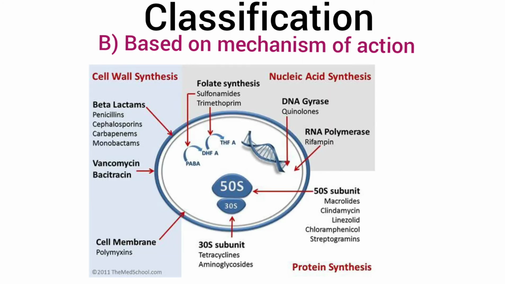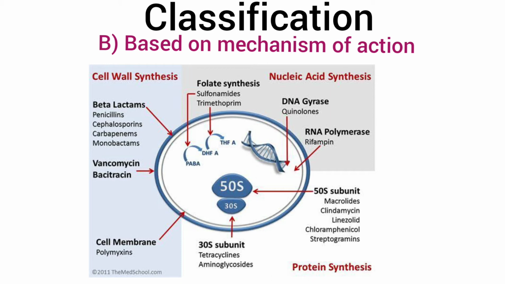Now, the second classification is based on mechanism of action. In that, cell wall synthesis inhibitors include beta-lactams, penicillins, cephalosporins, carbapenems, monobactams, vancomycin, bacitracin, and cell membrane synthesis inhibitors, polymyxins. Nucleic acid synthesis inhibitors include folate synthesis, in that sulfonamides, trimethoprim, DNA gyrase inhibitors, quinolones, RNA polymerase,